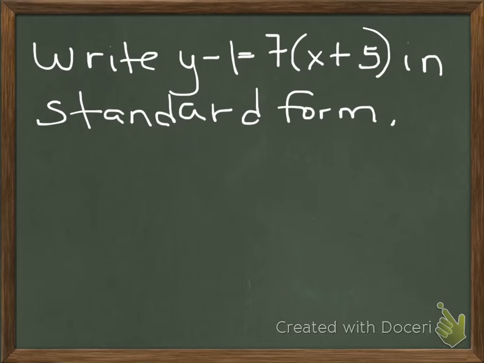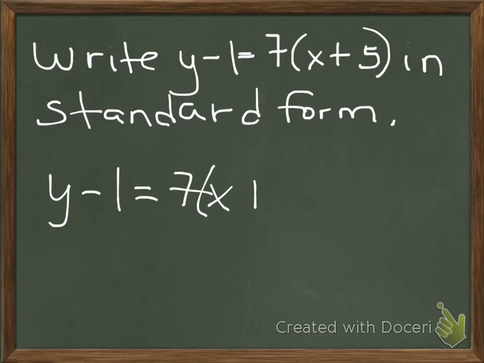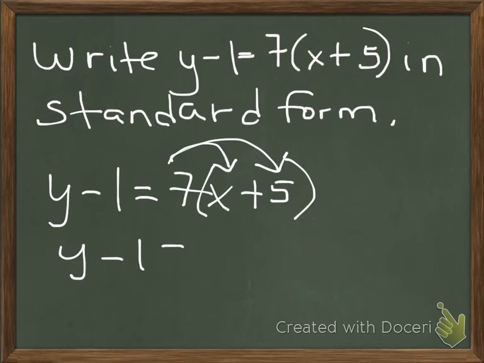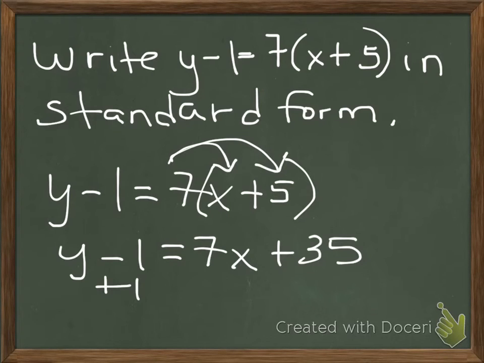So we need to basically simplify this first, by distributing the 7. Then I'm going to combine like terms, so continue to simplify. And I get